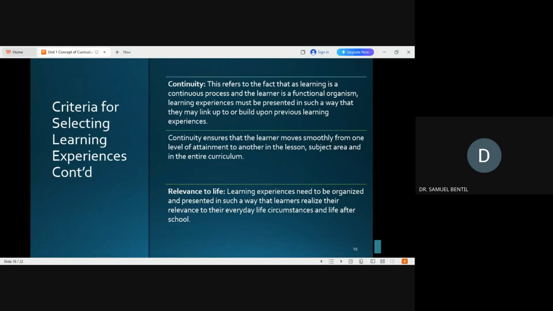We have continuity as another criterion. And here we are saying that this refers to the fact that learning is continuous. So you see that most of these things are quite the same as what we discussed at the content